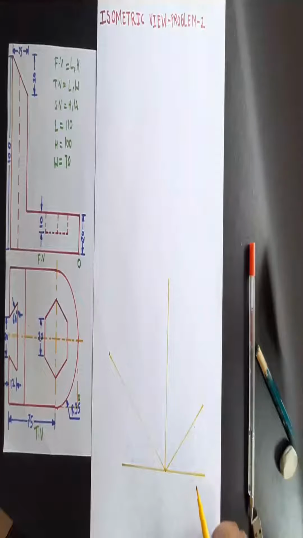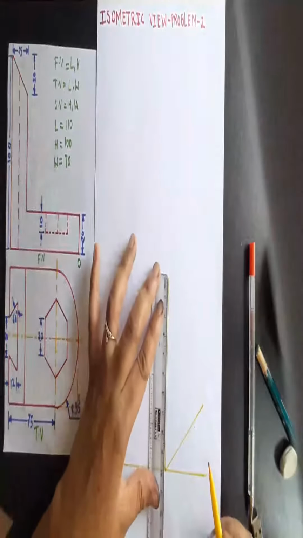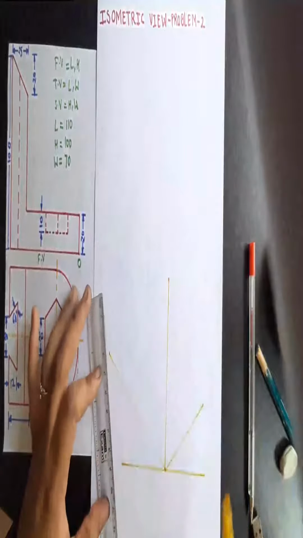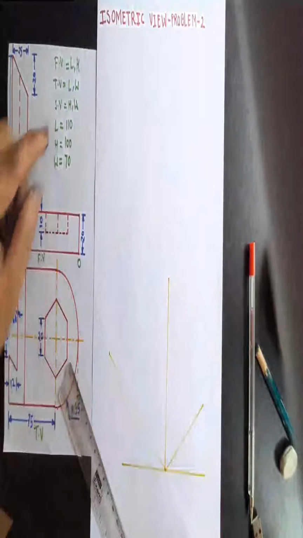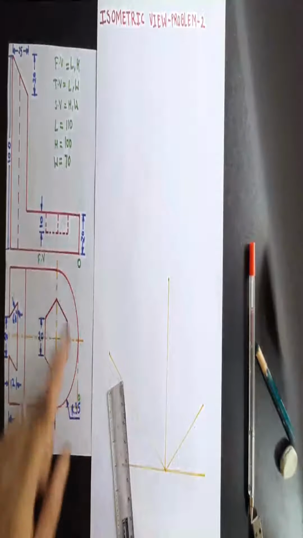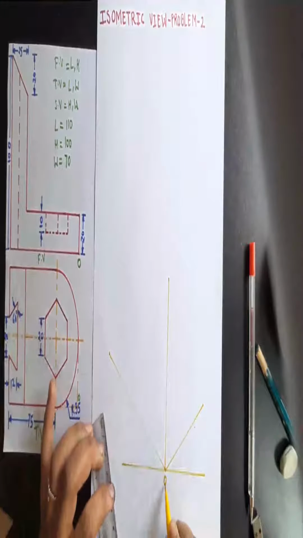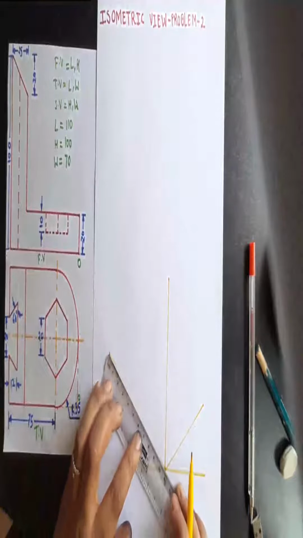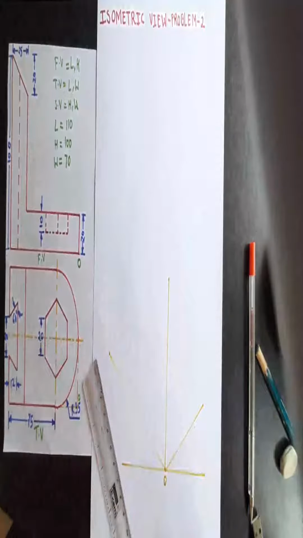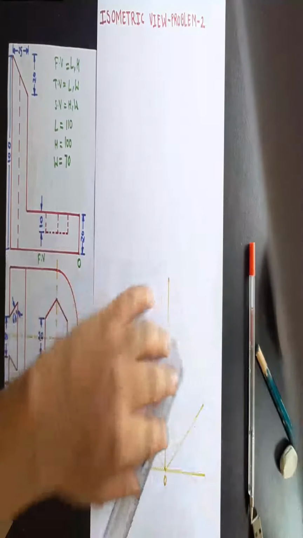Once you have drawn the axes, we are supposed to mark the length, width and height along them. The height is always marked along this vertical line. So height is 100 mm. Let me mark the height. So directly it is here. The next one is the length. Now here, from the origin, you can take this one or this one, anyone. From the origin, the length is going towards the left side. Hence, as this is your origin, mark the length towards the left side. The length is 110. So here is my length. And obviously the other side is your width, that is 70 mm. So this is 70 mm.